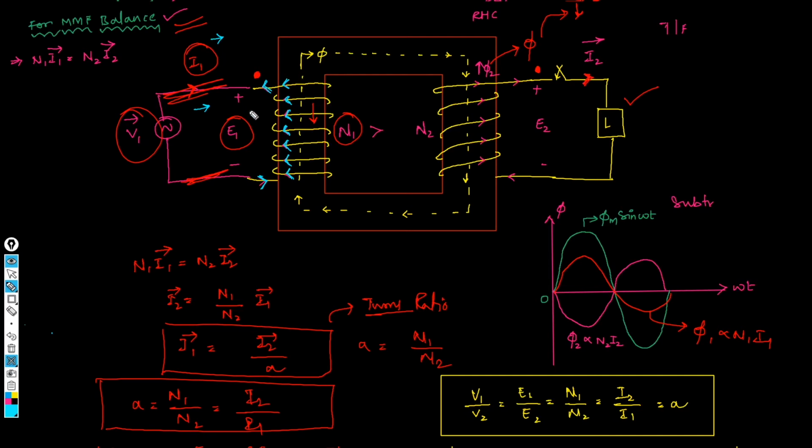So this is about the EMF equation and the turns ratio of an ideal transformer. In the next video, we'll try to understand the phasor diagrams of the ideal transformer and the equivalent model of the practical transformer also. Up to this video, the basics of transformers have been completed. From the later part of the upcoming videos, we will be doing some derivations, numericals, etc., such that our concepts become much stronger.